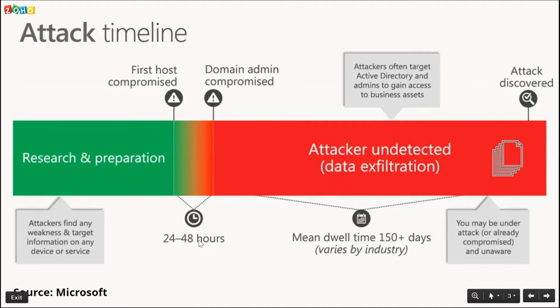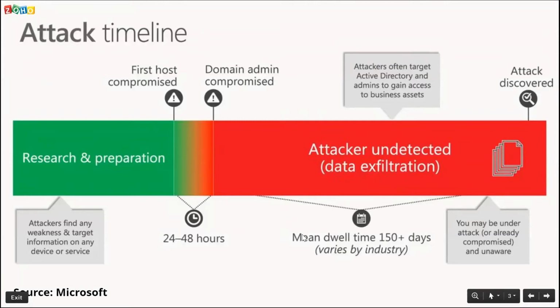So in 24 to 48 hours, which is 1 to 2 days, an attacker on average is able to move from compromising any normal host in your network to compromising domain admins, right? So they use various different techniques to move around your network and get these credentials. But this is an alarming thing, that it takes just under 2 days on average for an attacker to compromise domain admins. Now, what you see after that in the red is even more frightening, which is that it takes